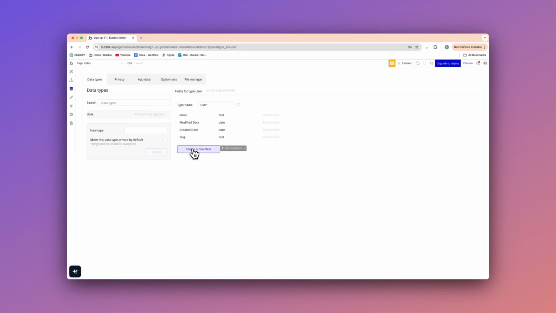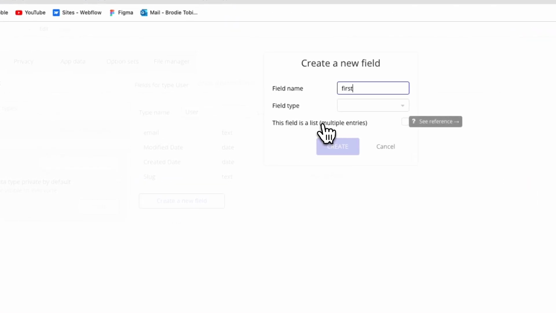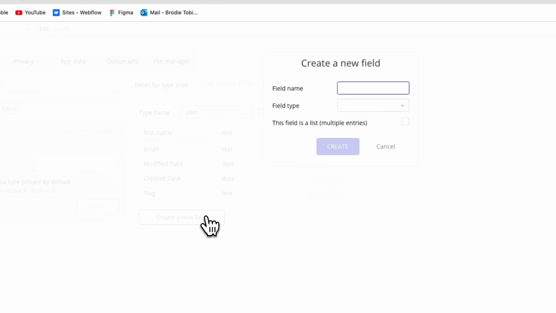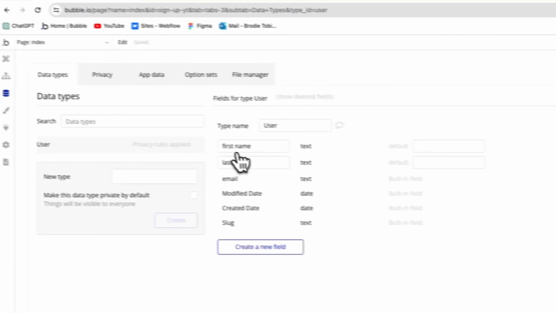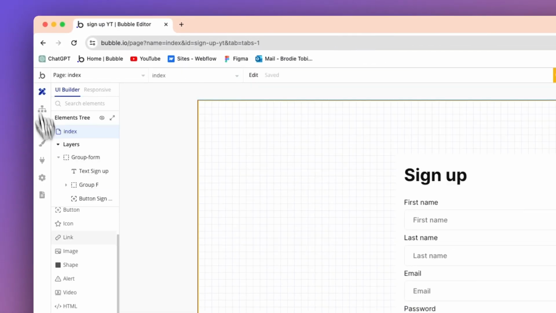So how do we actually add in first and last names? Well, we need to add in new fields. So create a new field, first name of type text, last name of type text. Now we have first and last name data fields set up and ready to go. Back on the design here,